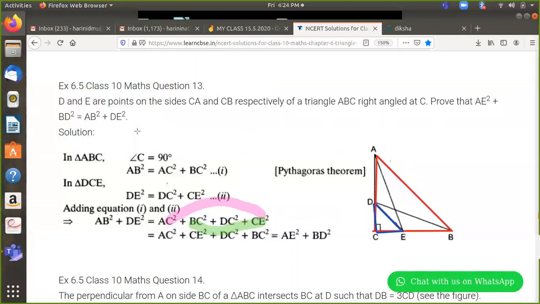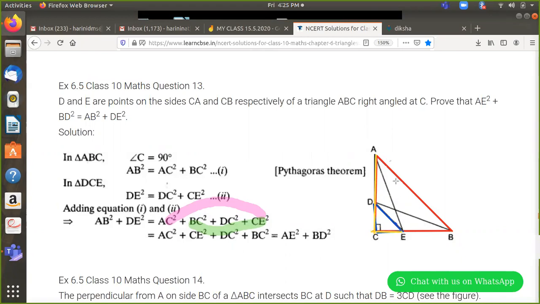So when you have the diagram here, now you see what is this AC square and CE square. Where is this AC? AC is here, CE is here. So they are a part of the third triangle, I can say. So I'll take the third triangle now. The AC is here and the CE is here.